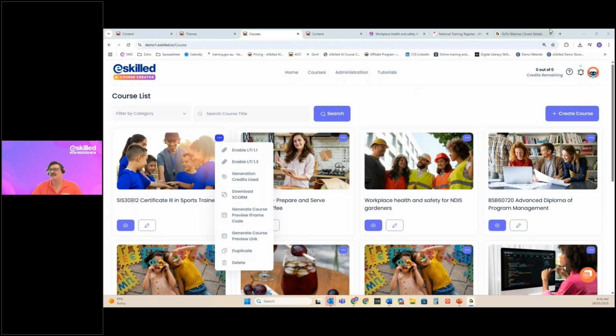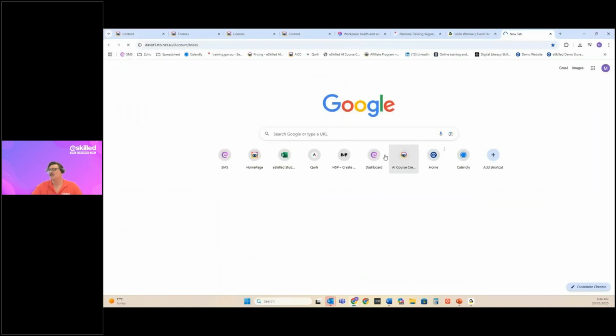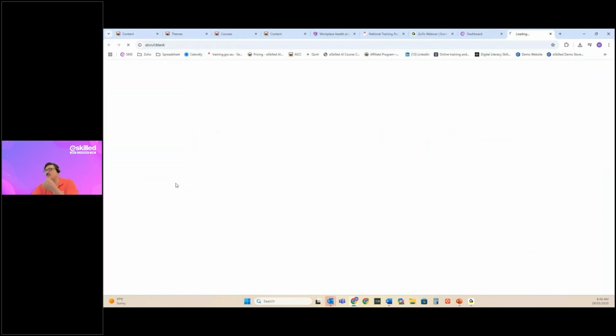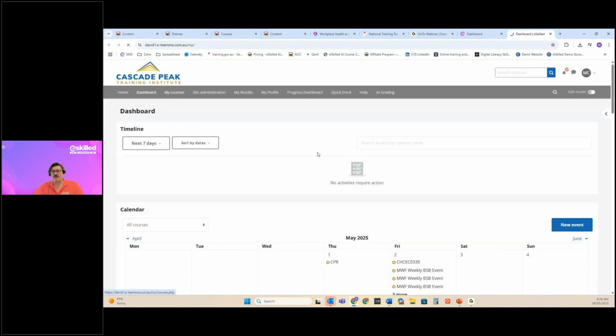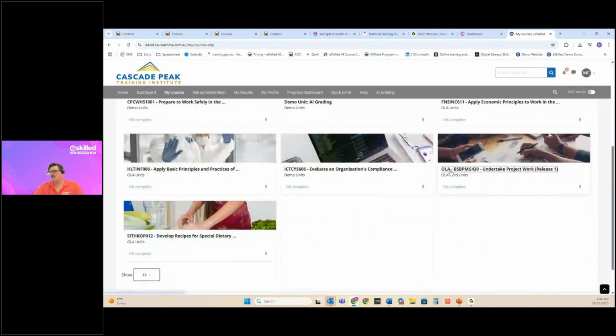Now, connecting it, if you do have the eSkilled platform, I'll just jump into it actually. I have to log in. Oh no, I already logged in before. That's fine. So if you have the eSkilled platform, when you go to add courses,